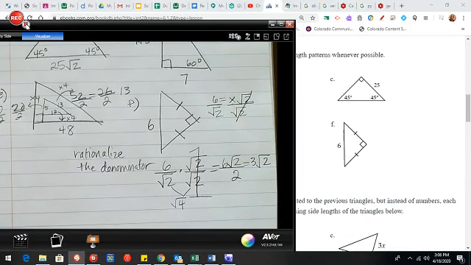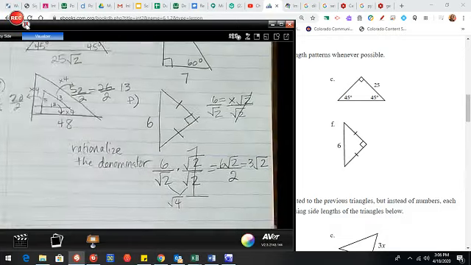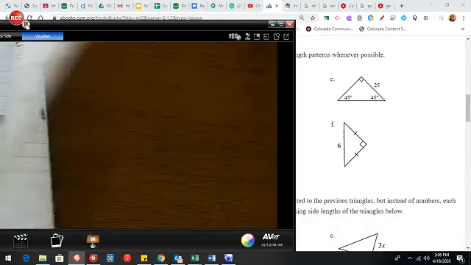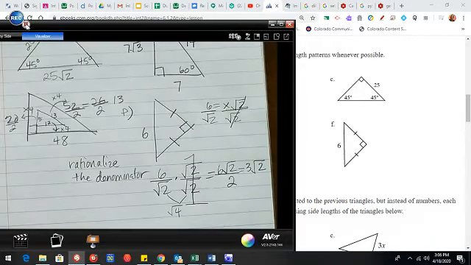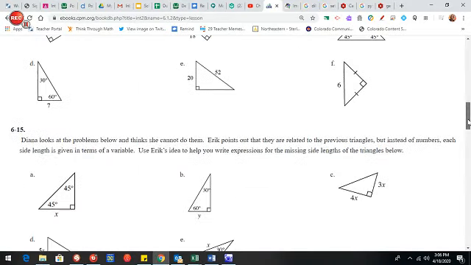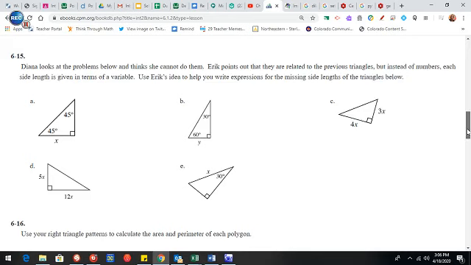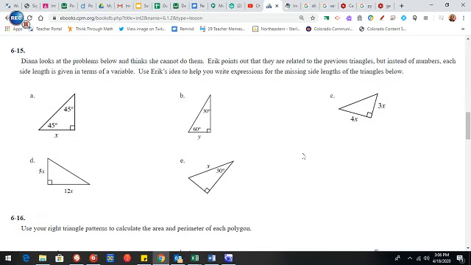Okay, let's see, that was 2:30, so 2:40, okay, I'm looking at the time. I'd like to wrap this up today, so can you try doing 6-15 on your own, or